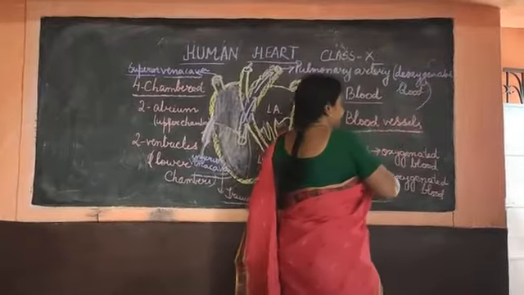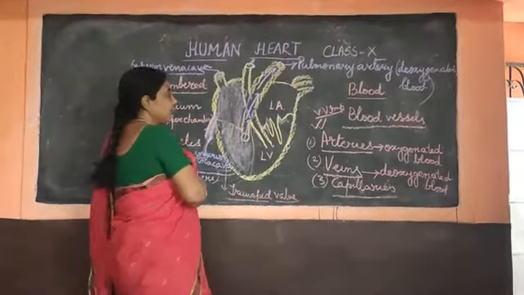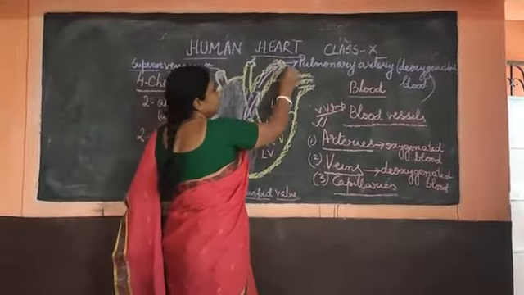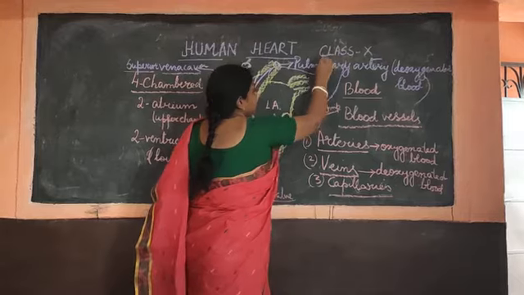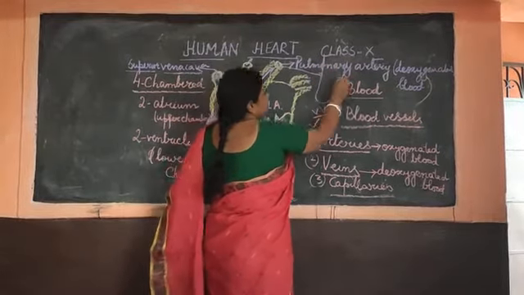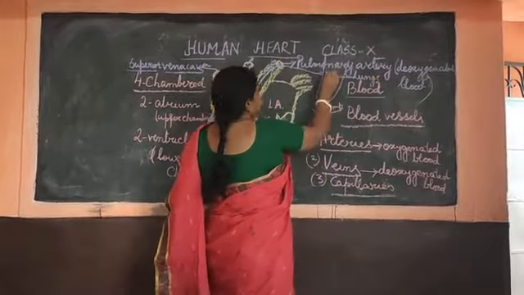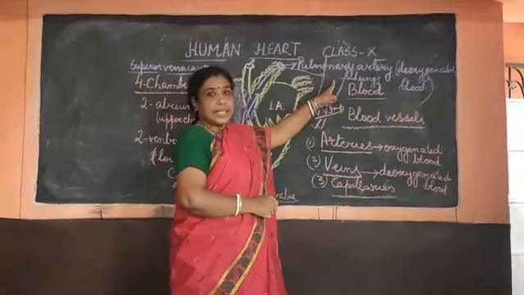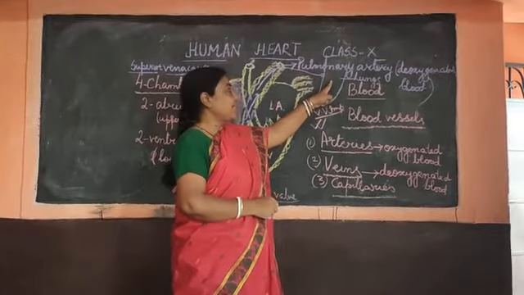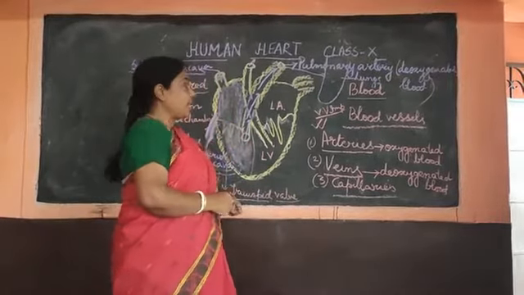Deoxygenated blood. Now, this deoxygenated blood, you know children, where will it go? It will go to the lungs. See, it has moved to the lungs. Now the deoxygenated blood on reaching the lungs will get oxygenated and will be coming back again to the heart